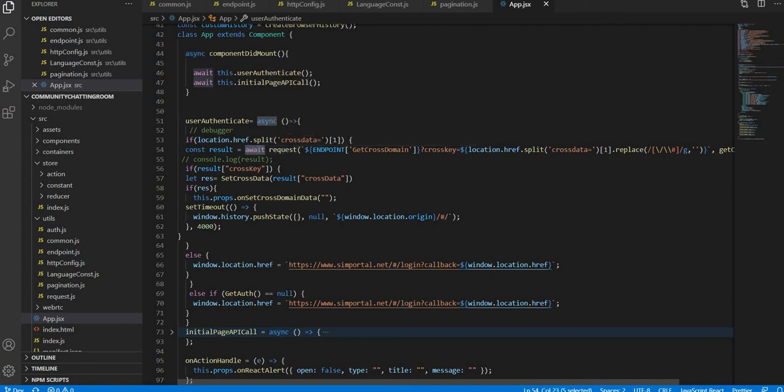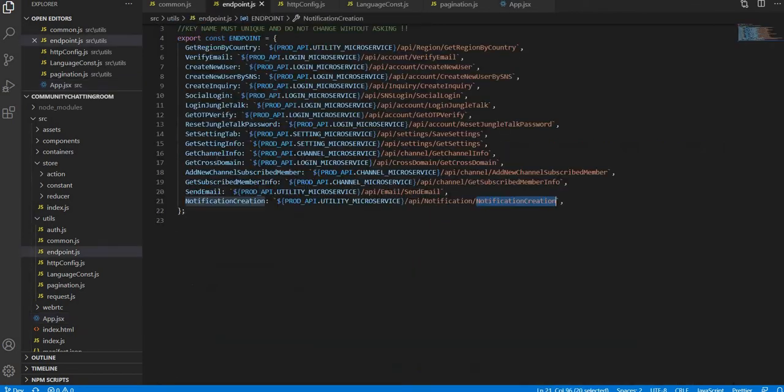And we are just providing the request, and the first parameter would be this one. So this is our get call, right? So we are calling this endpoint, then get cross domain.